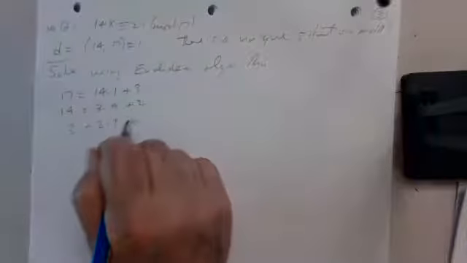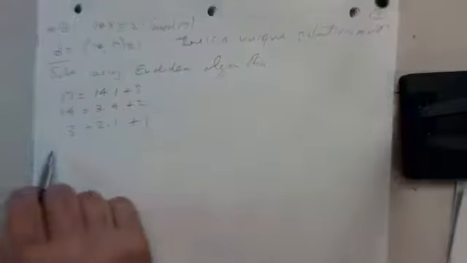17 is 14 times 1 and a remainder of 3. 14 is 3 times 4 and a remainder of 2. 3 is 2 times 1 and a remainder of 1. So